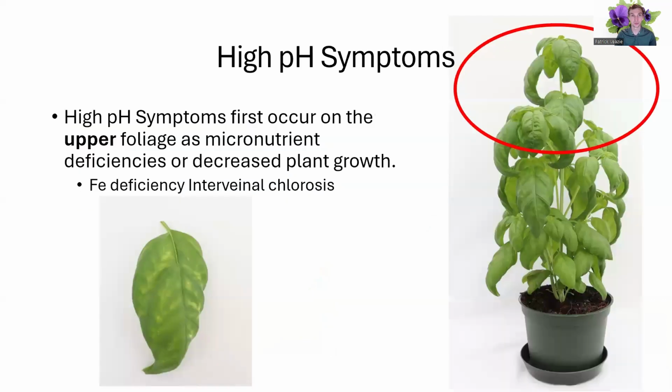Now, when we talk about high pH symptoms, some of the symptoms that can occur is iron deficiency, and that's going to occur in the top 1/3 of the plant, shown here in red. This is because the element is not mobile, so the plant can't move it around to fulfill its needs. So we're going to look at the iron deficiency with interveinal chlorosis, such as shown here on the bottom left